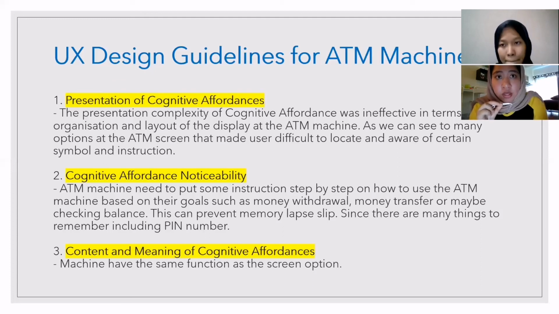And second is cognitive affordance noticeability. For this, the ATM machine needs to put instructions step by step on how to use the ATM machine based on the user's goals, such as money withdrawal, money transfer, or checking balance. This can